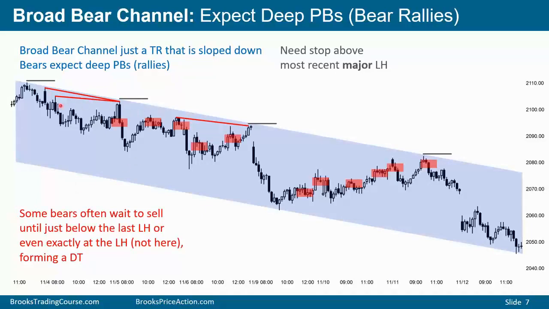At times when the market is mostly sideways, if bears still believe it's in either a trading range or a broad bear channel, some bears will wait to sell close to the prior high, and they might sell with a limit order or on a stop order on a reversal down. These are all types of double tops. Double top with this high and that high, or this high and that high. We have a small double top here, double top bear flag, bear trend, double top, sell the reversal down, and then this high and this high, or this high and that high, double top.